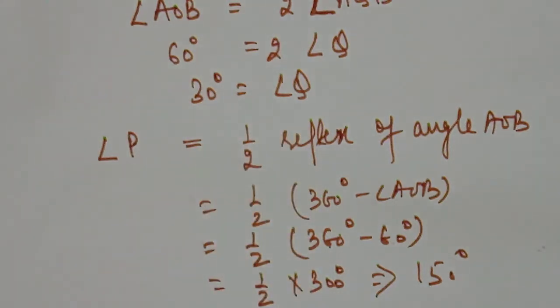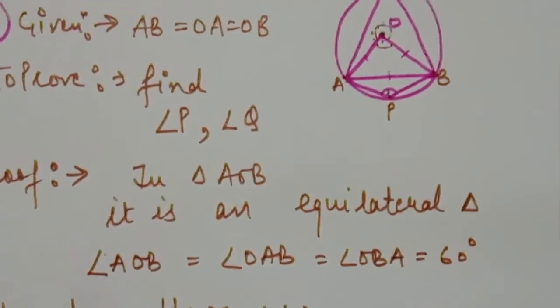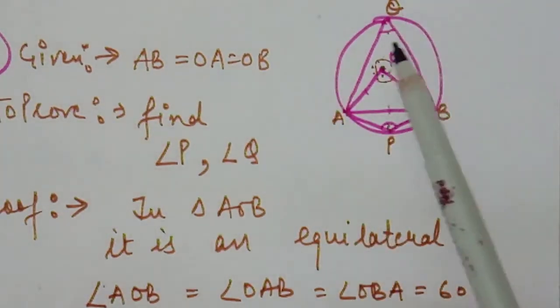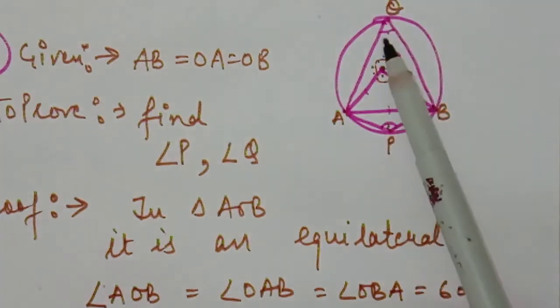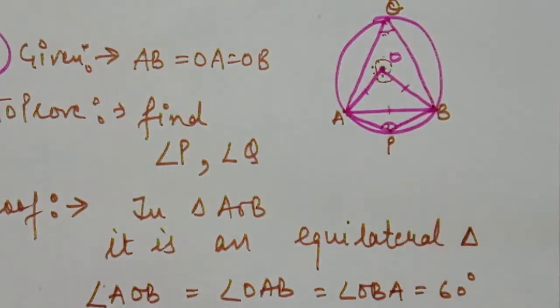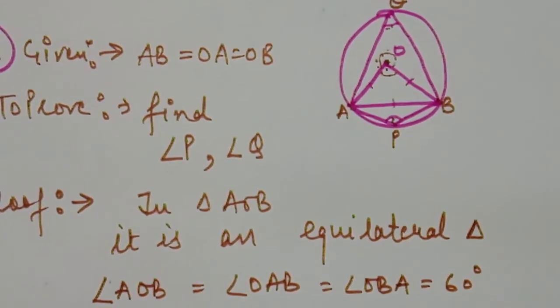We have one more way to find angle P here, if we have Q already. Because APBQ is a quadrilateral, let me show you your diagram. This quadrilateral APBQ is a cyclic quadrilateral. The sum of opposite angles is 180 degrees. If angle Q is already 30 degrees, then according to the property that opposite angles are supplementary, this is 150. It is very easy. So this is your second question, you have to check your answer in your notebooks.